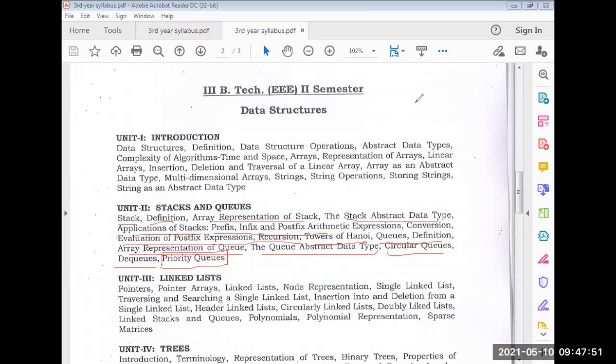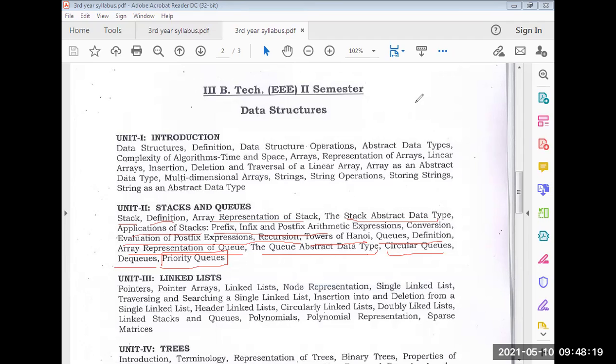We call it a priority queue. In a priority queue, an element with higher priority is always processed before processing any of the lower priority elements. So it will process the higher priority element first.